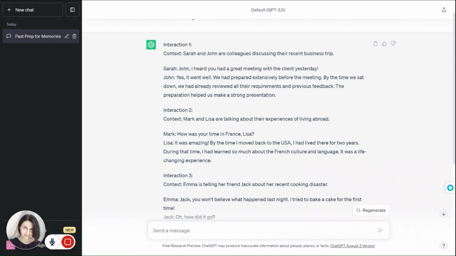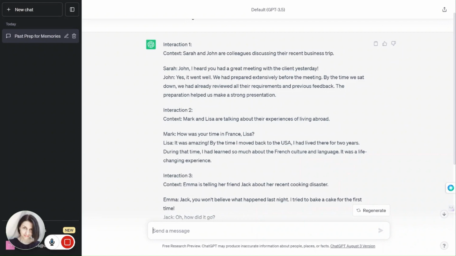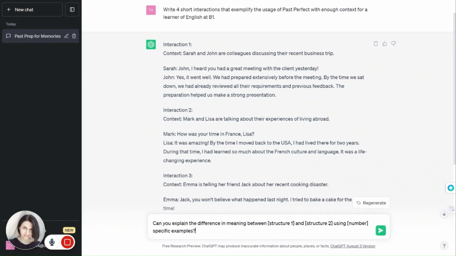Let's consider another scenario. You are confusing some things in English. So you could ask ChatGPT this. Can you explain the difference in meaning between this structure and this structure using, for example, 3 or 5 specific examples? And let's say you have trouble differentiating between had to and was supposed to,